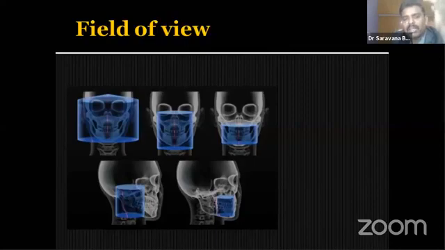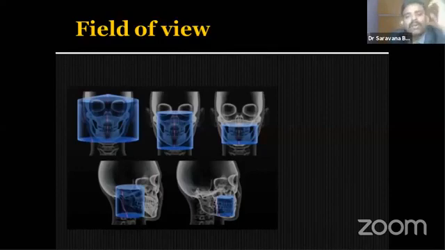In CBCT we can make images in various fields of view. Field of view is how much area we have selected. Full field of view is the craniofacial region, around 17 by 13 FOV. The cost of CBCT is based on FOV. Full FOV machines will be a little costlier when compared to small FOV machines. If we buy a full FOV machine we can go for any type of FOV, but with smaller FOV machines we cannot go to full FOV.